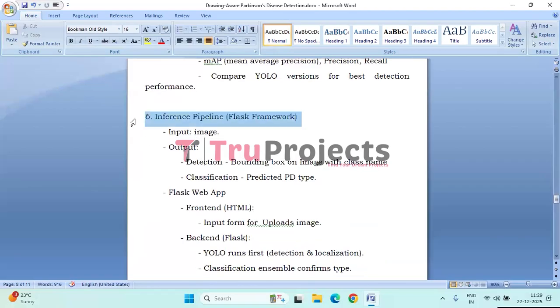Next, the interface pipeline. The final stage involves deploying the trained models using a Flask-based web application. Users upload drawing images through a simple front-end interface, after which the backend processes the image by first running the YOLO models for detection and localization. The classification or ensemble model then predicts the Parkinson disease type. The results, including bounding boxes, predicted classes, and confidence scores, are displayed to the users, providing an intuitive and interactive